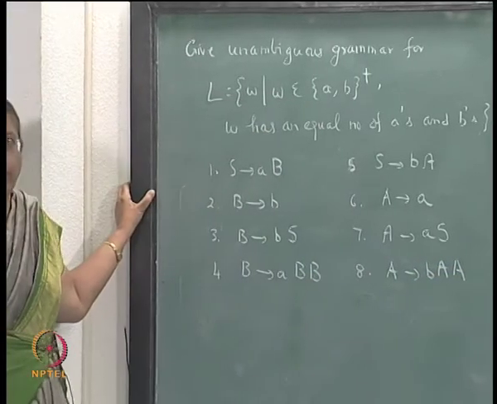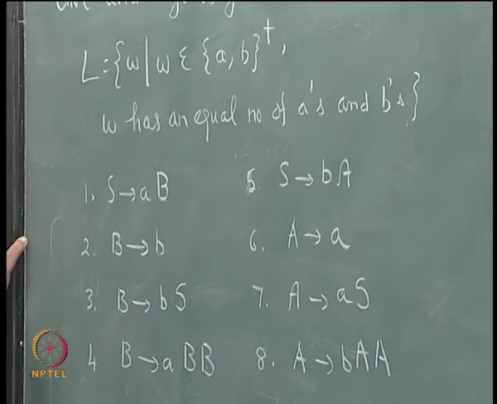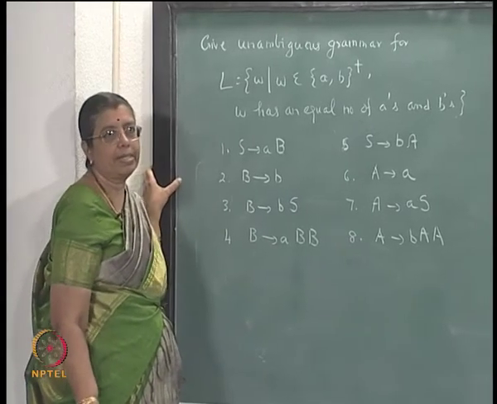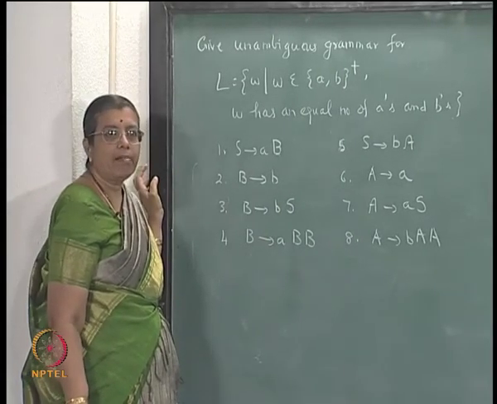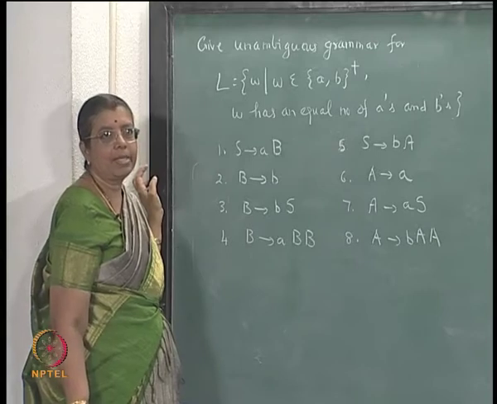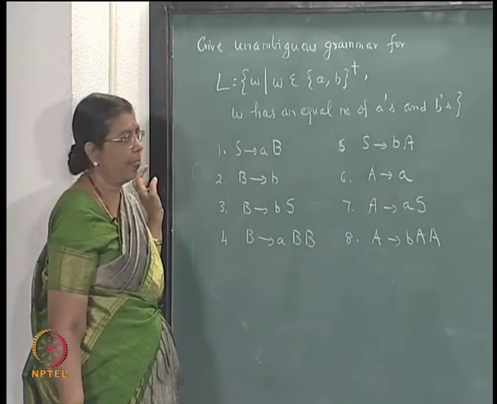We also proved using induction that this generated an equal number of A's and B's and nothing else. The induction hypothesis we proved was that from S, a string is derived if and only if it has an equal number of A's and B's. From A, if you derive a string, it will have one more A than B's. From B, if you derive a string, it will have one more B than A's.